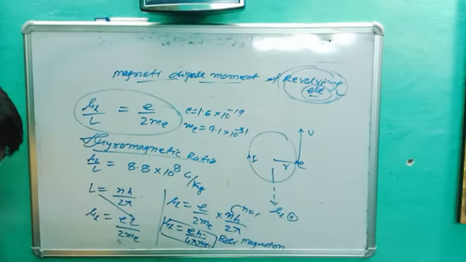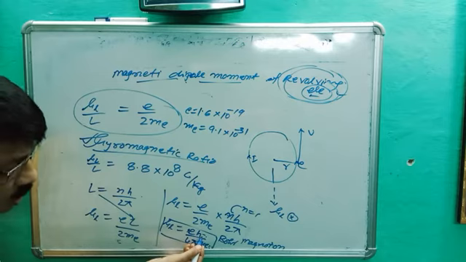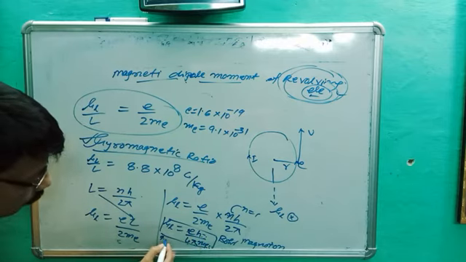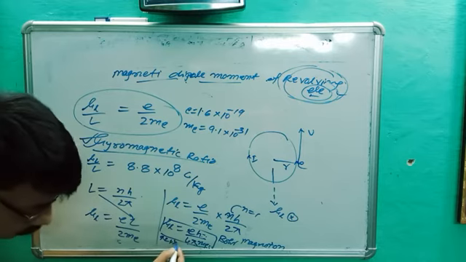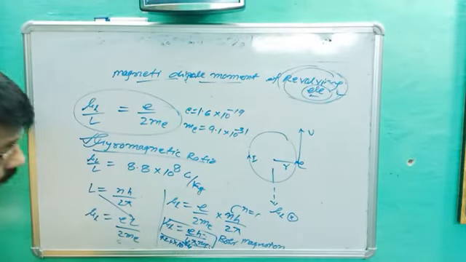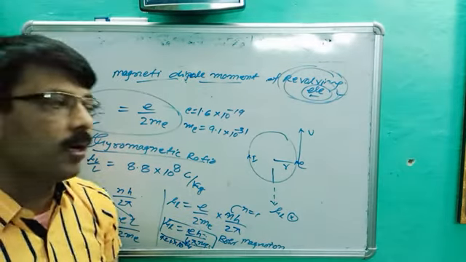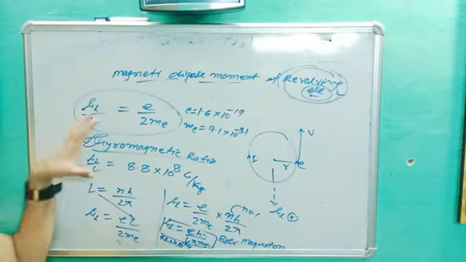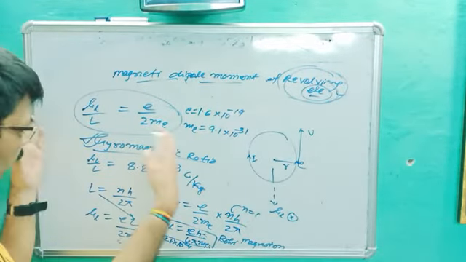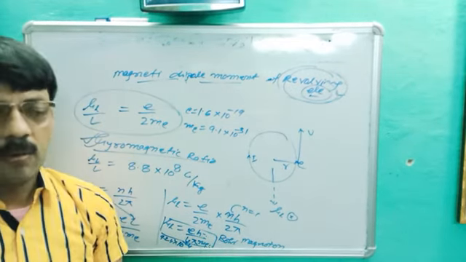This is called the Bohr magneton, and for its calculated value, you can put the values of E, h which is the Planck constant, pi and the mass of the electron. If you put all these things, you will get 9.24 into 10 power minus 24. The value of the Bohr magneton is 9.24 into 10 power minus 24. So this is all about the magnetic dipole moment of a revolving electron and the factors like the gyromagnetic ratio and Bohr magneton for it. Okay, that's all for today.